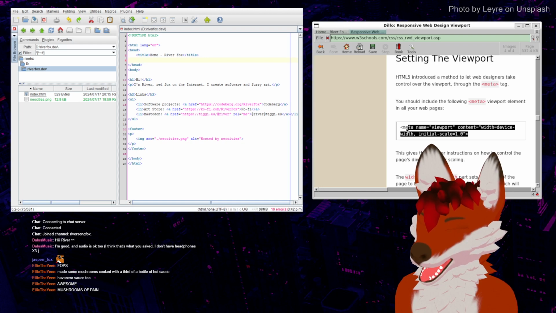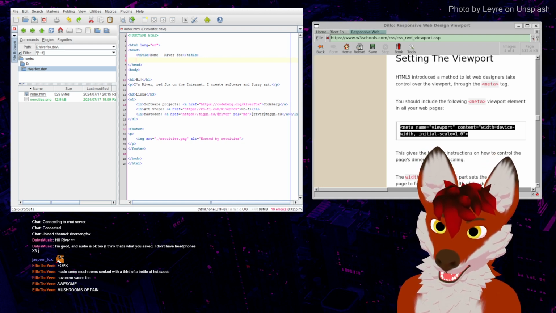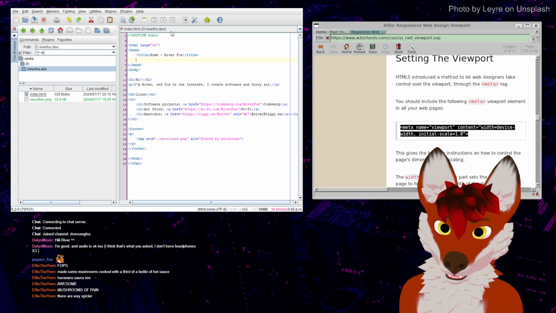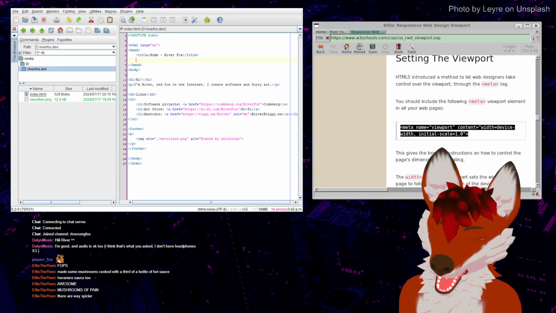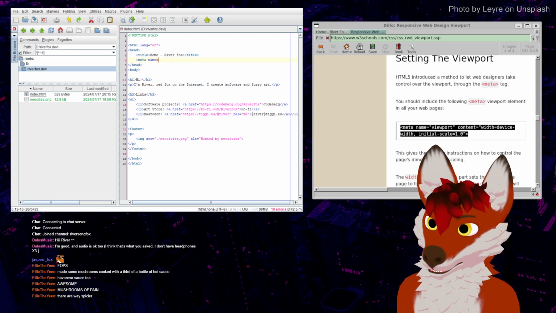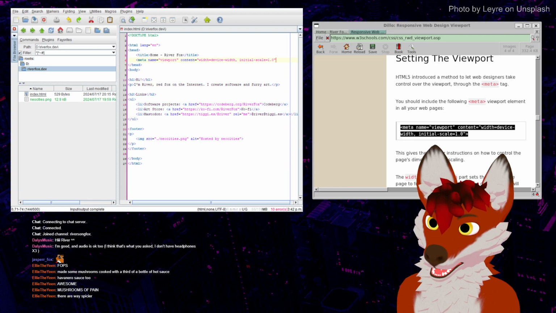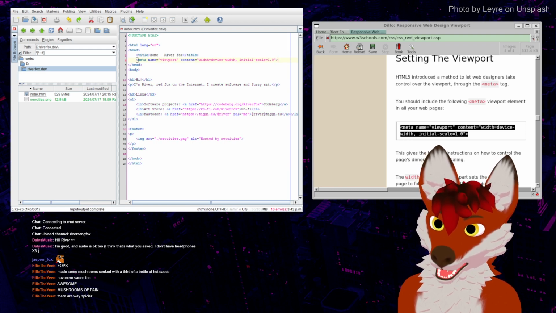And I cannot copy and paste. So this is how it's going to be. I can type, no problem. Meta name equals viewport. Content equals width equals device width. Initial scale is 1.0, quotes, and